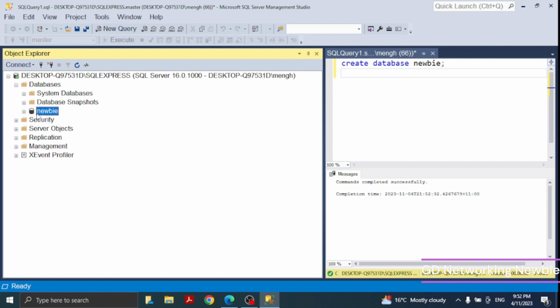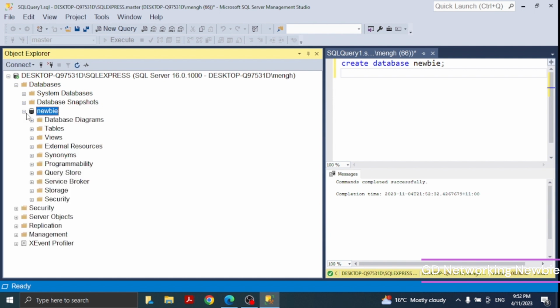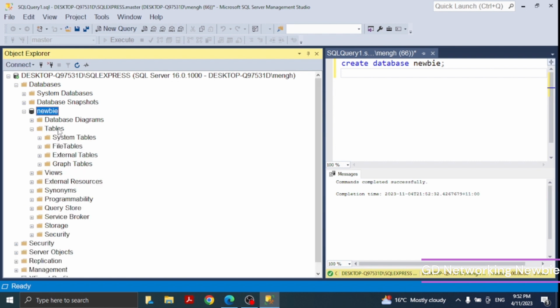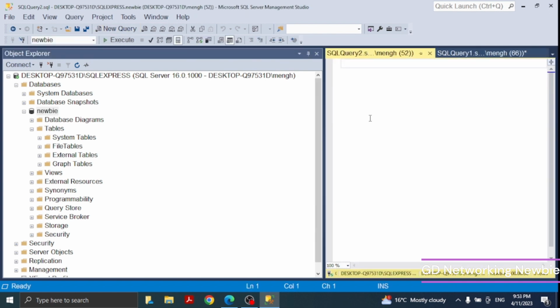And now we can select that particular database, and in the database we will not have any tables because we haven't created any table. But if you want to create a table here, again maybe start a new query. You can say create table, and then give this table any name. Let's say again newbie, and that will be the name of the table, and then this bracket,